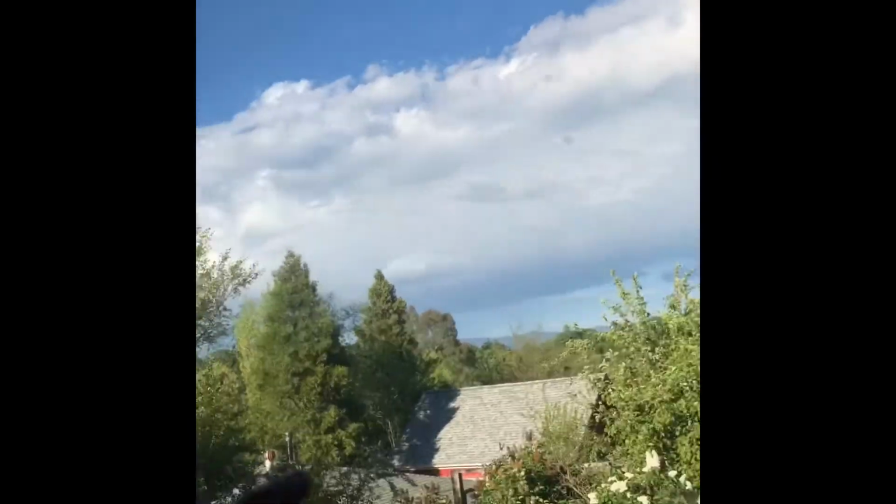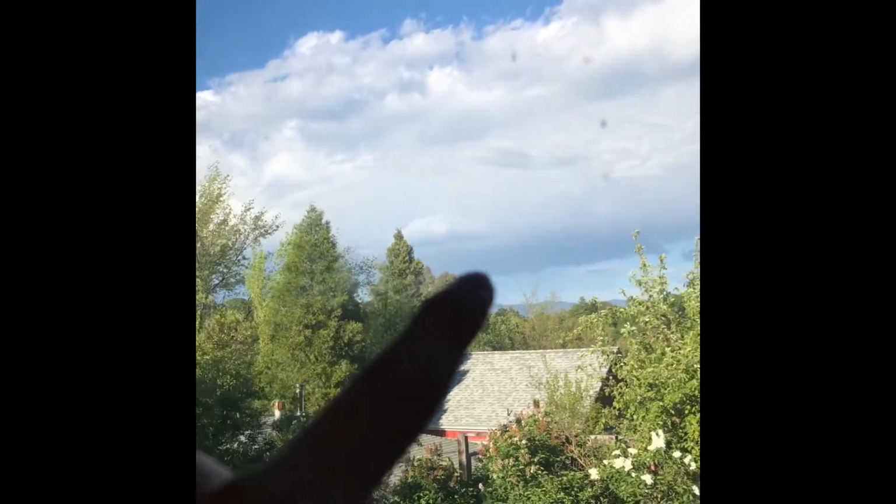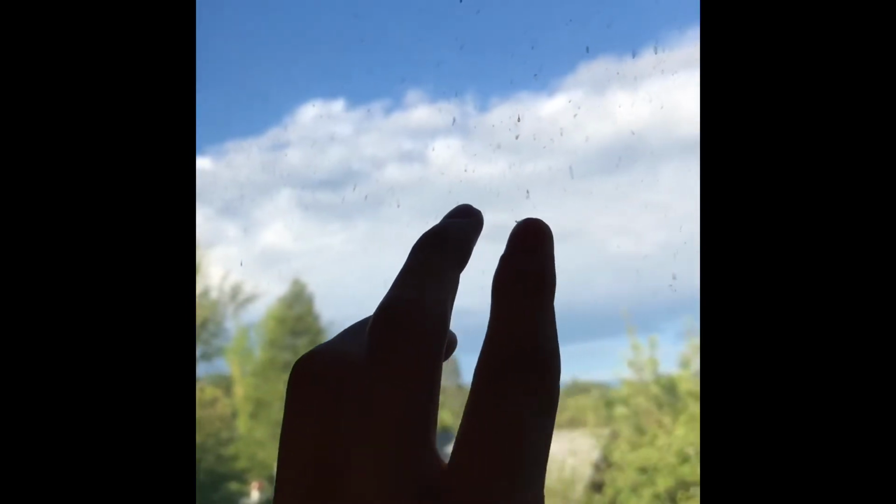But that guy right there, that guy looks sketch. I get a weird vibe from that guy. That guy and that guy, I get weird vibes from. But this, I know there's like one right there that I can see. This is the same one. No, this and this are different, but